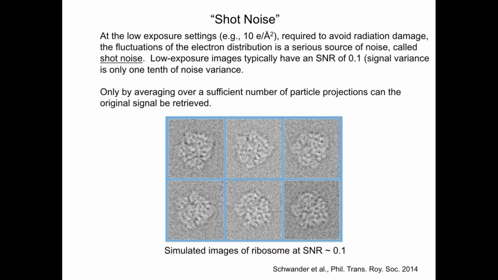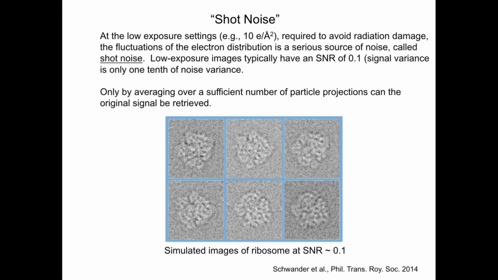At the low exposure settings, which are required to avoid radiation damage, the fluctuation of the electron distribution is a prominent source of noise called shot noise. The low exposure images typically have a signal-to-noise ratio of 0.1, which means that the signal variance is only 1/10 of the noise variance. There is extremely low signal,